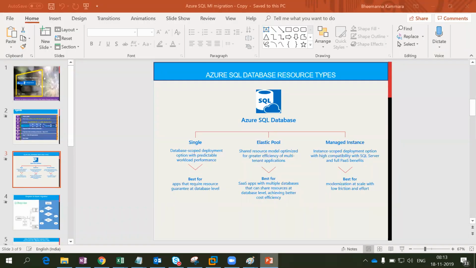Apart from that, we have a managed instance. This is very important, guys. In order to create this one we require a pay as you go model subscription, but still I'm going to show you how to create it and how it is going to look. Why? Because I have another subscription that is in a pay as you go model. I'm supporting another client, so I'll show that one.